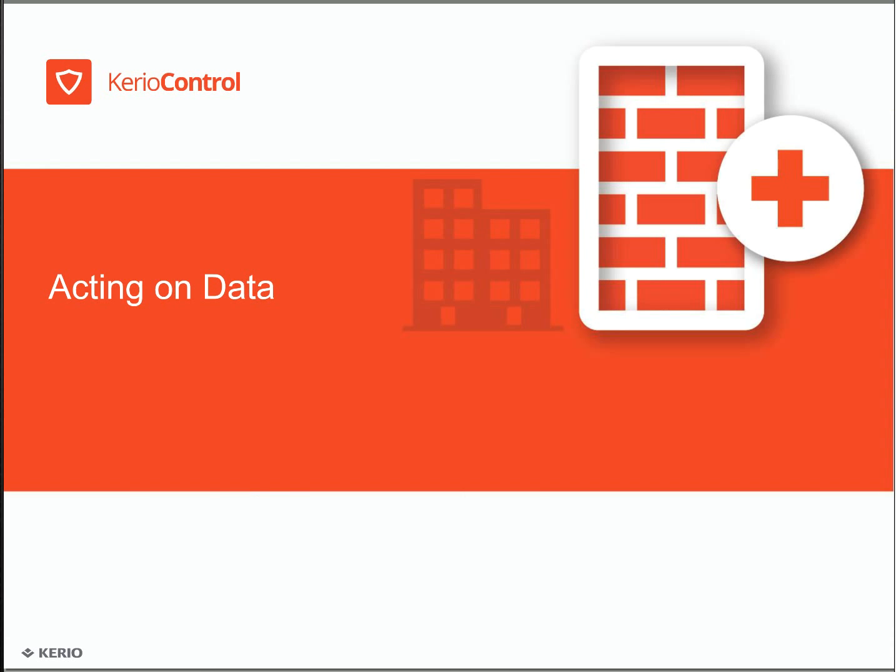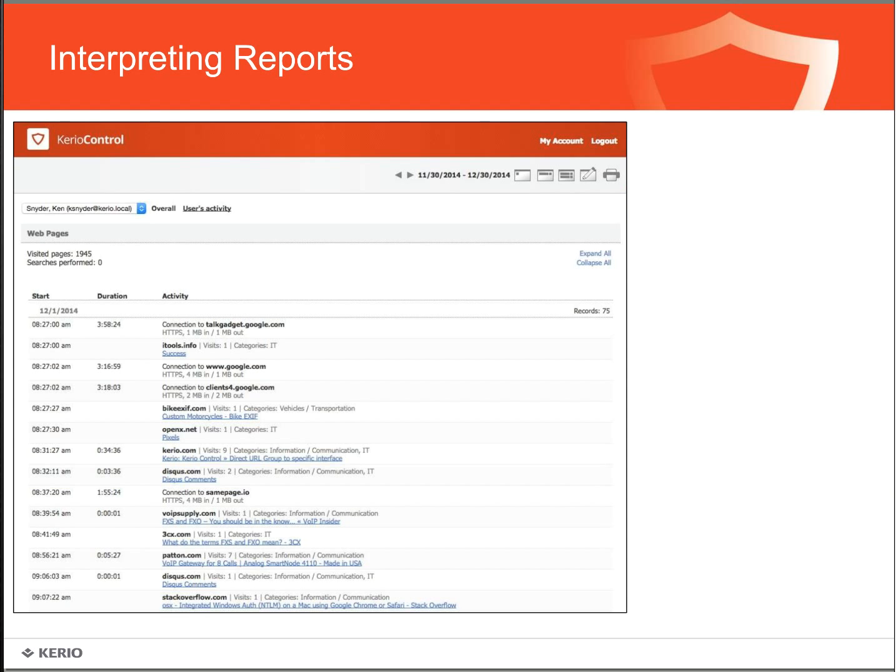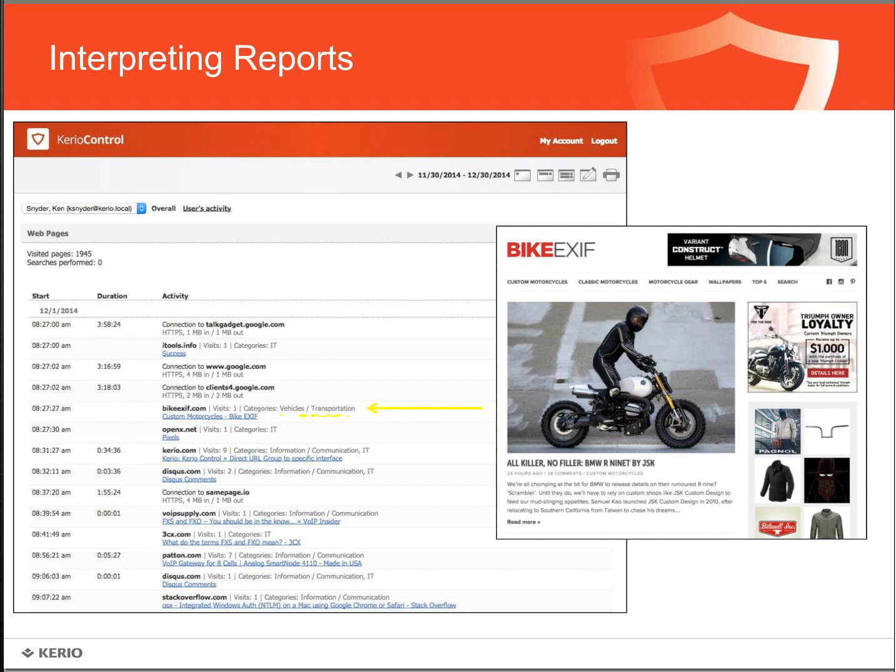So how to act on data? Now as we see the data of a specific person, in our example Ken Snyder, how can we act on this? Let's have a quick look at the history of Ken Snyder's usage of the internet online. We can see there are lots of pages he visited. He's working in the IT department for an IT company, so we see he's been on a page of 3CX, which is a PBX. He has been on Discuss, he has been on iTunes, but I see also something else. I see there is one entry,